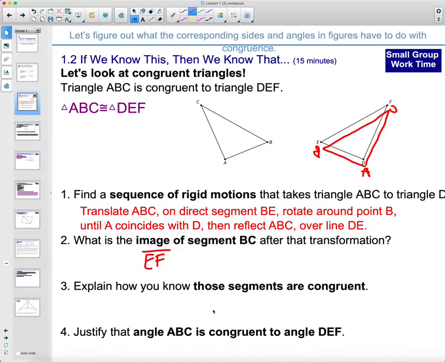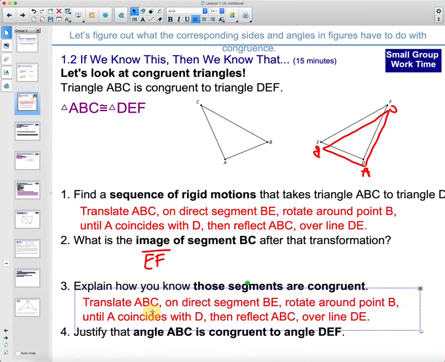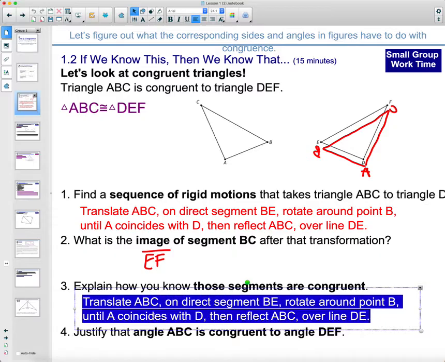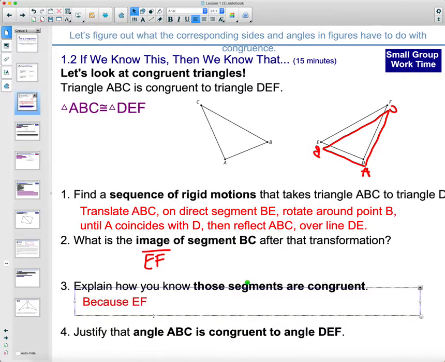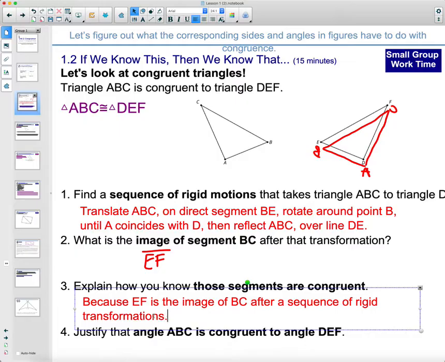Explain how you know those segments are congruent. Because EF is the image of BC after a sequence of rigid transformations, and rigid transformations keep the same shape and size. So the image and the original figure need to be the same size. And then justify that angle ABC